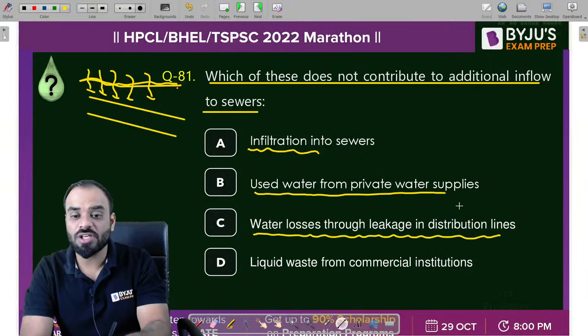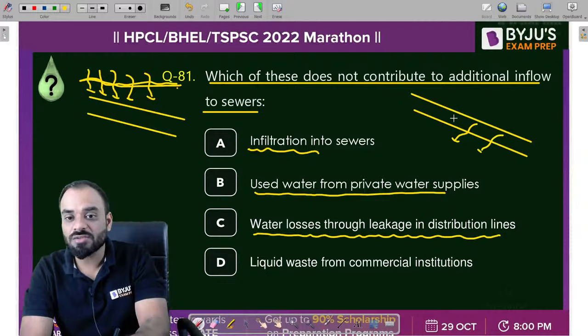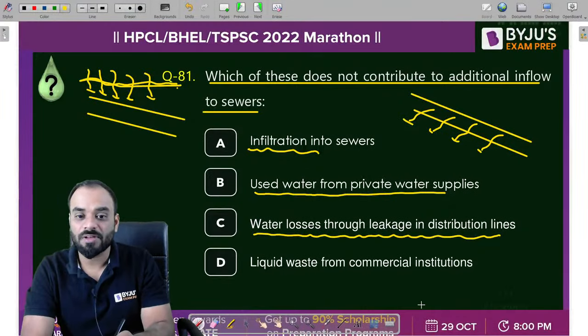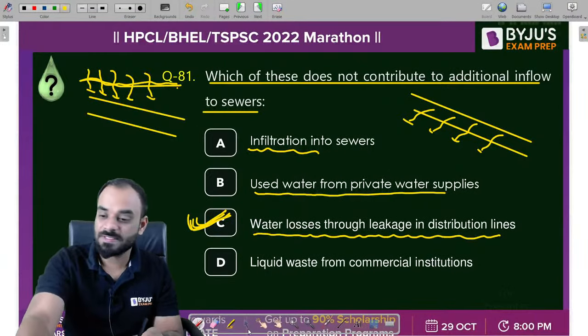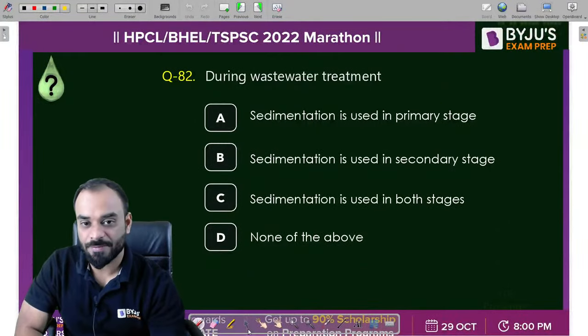Now what is distribution line? Distribution line is the water supply line. So whatever leakage is occurring in the distribution line, that is not the part of your sewer line, right? That's why guys, C is the correct answer. Next one. During wastewater treatment,